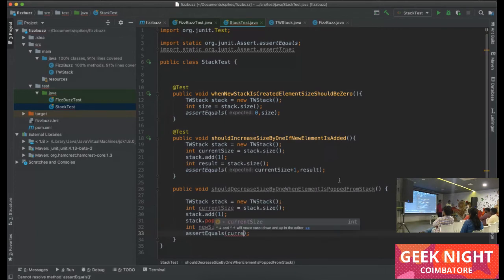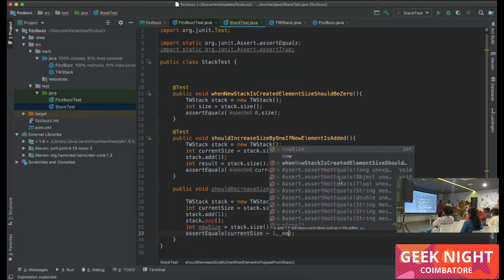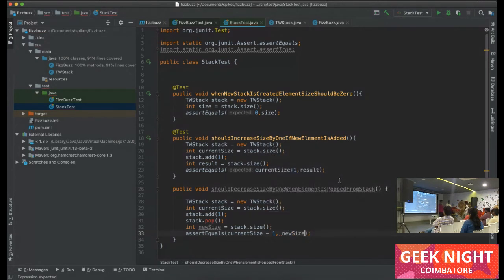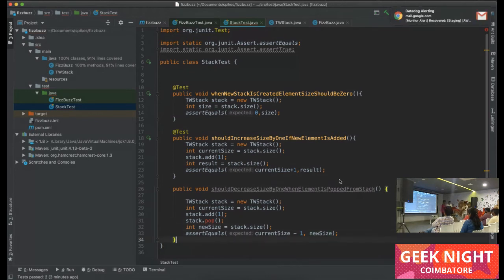Okay. So the current size is the one which we have. It's before adding the element to the stack. 29 to 30.